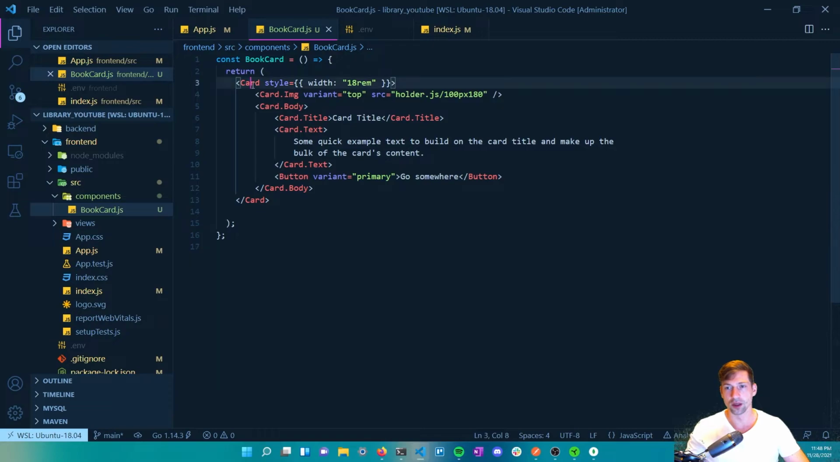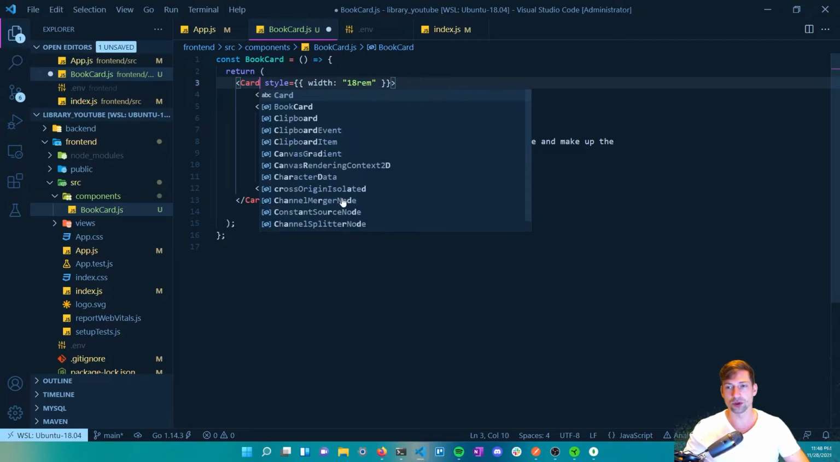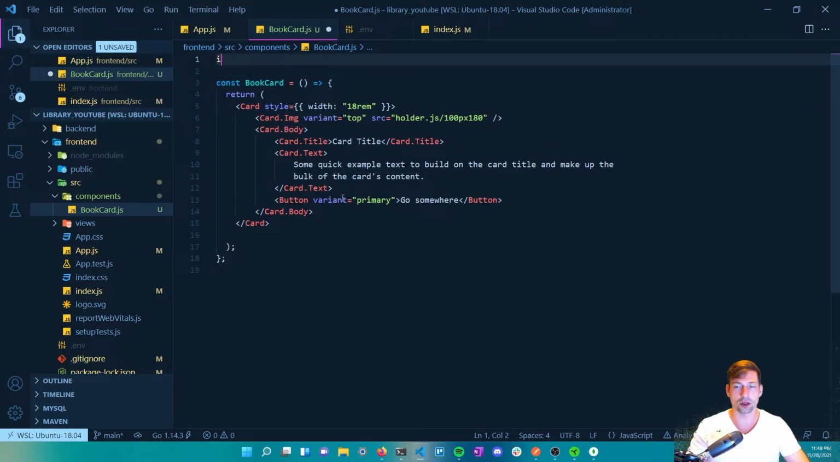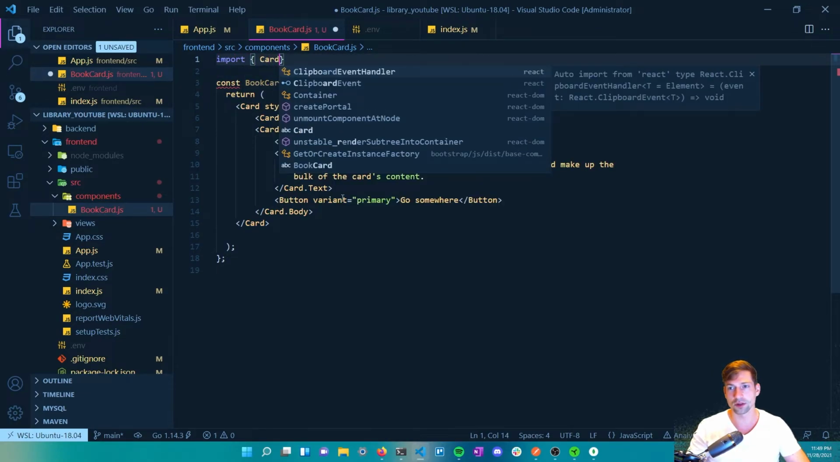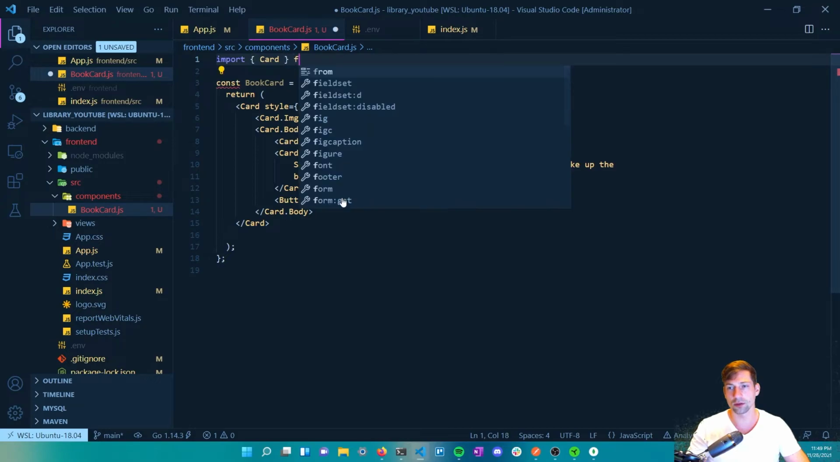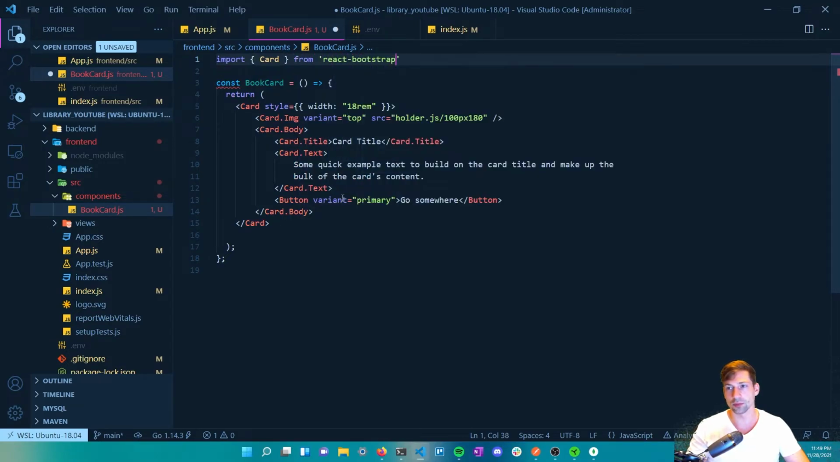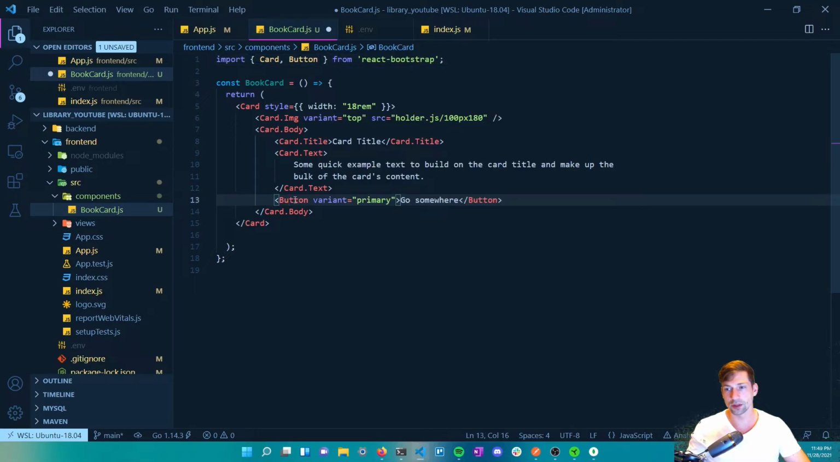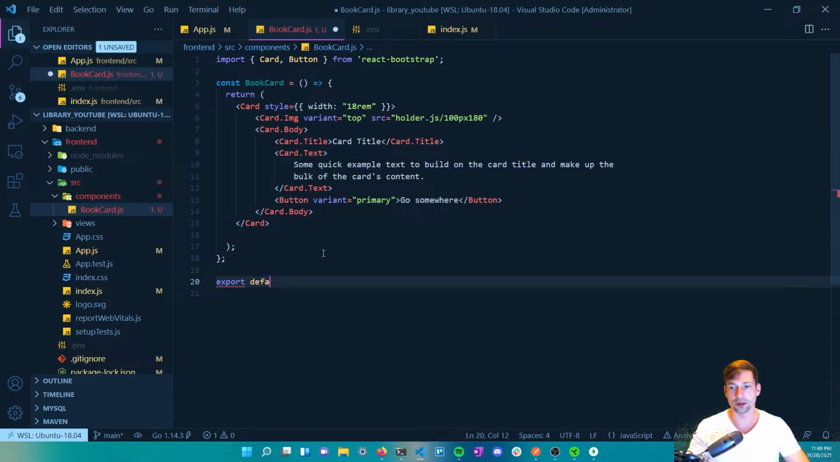But anyway, we need to import this from React Bootstrap. I'm not getting any auto import, so I'll import it myself. I'm gonna call this Card, and this is coming from React Bootstrap. From the same library, we also need to import a Button, right? Because we're using a button here. This is my button from React Bootstrap, and we need to export this. So export default